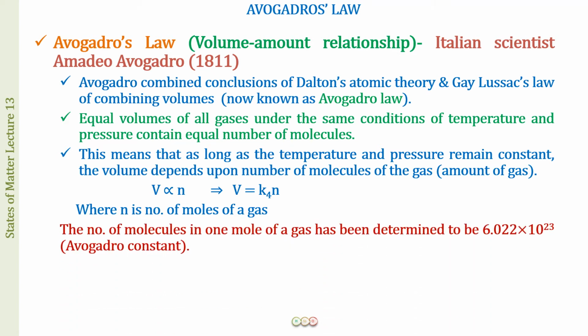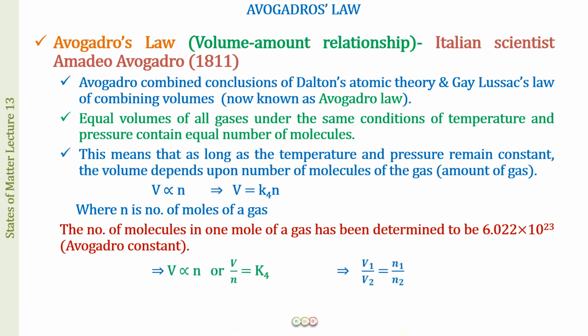And you already know what a mole is. I hope I'm not going to revise all this with you. You already know all that. So the number of molecules in 1 mole of a gas is equal to 6.022 into 10 power 23, which is the Avogadro's constant. So it was Avogadro, while he was doing all his experiments, who gave us that 1 mole of anything is going to be equal to 6.022 into 10 power 23 species. Fine. So here also, when we say 1 mole of a gas, the number of molecules in 1 mole is equal to 6.022 into 10 power 23 molecules.